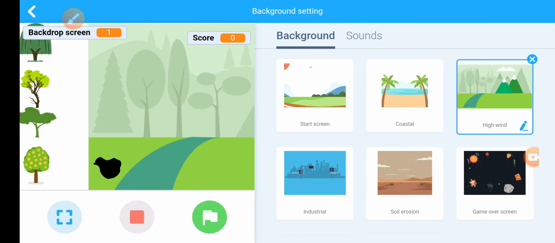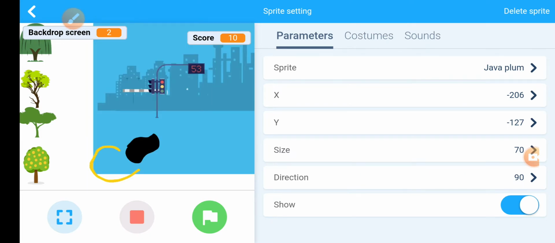For example, java plum tree is the right option for this. I drag java plum tree with the finger and touch the soil patches, the black area where we place the tree. Then you check, the score will increase by +10.